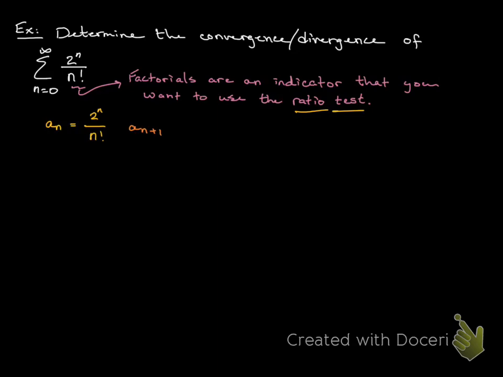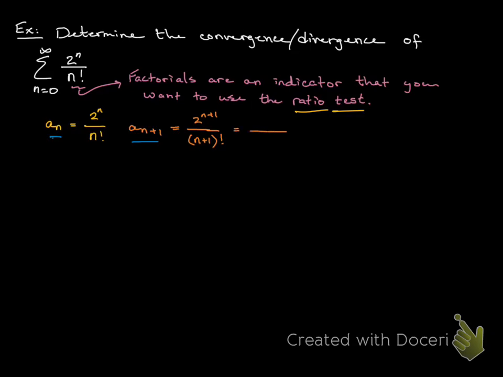So that next term is going to be 2 to the n plus 1 over n plus 1 factorial. You basically just replace any n with n plus 1. Now I know I'm going to need a limit where I have a sub n plus 1 divided by a sub n. So to do that, first what I want to try to do is mess around a little bit with these expressions and see if I can, I'm probably going to get some cancellations when I divide those two because they're very similar expressions. So what I'm going to do is take a sub n plus 1 here and take it